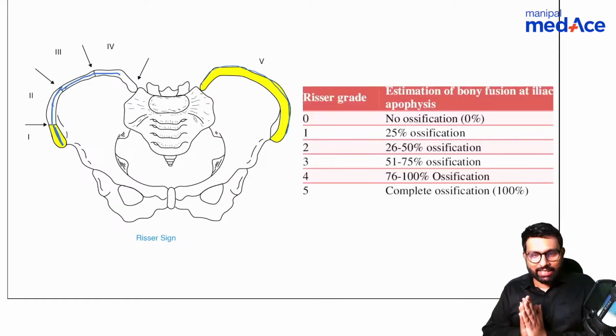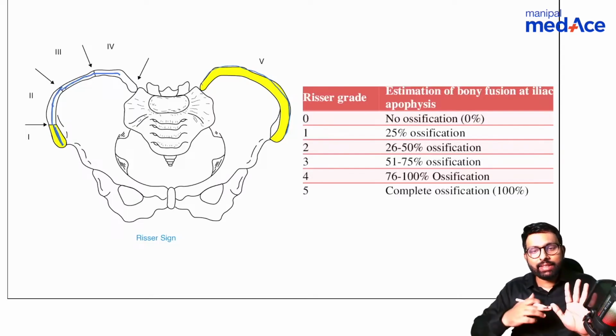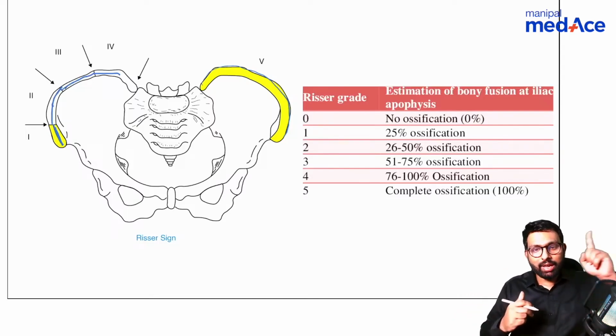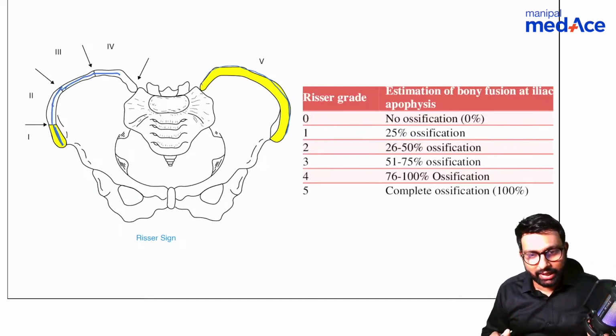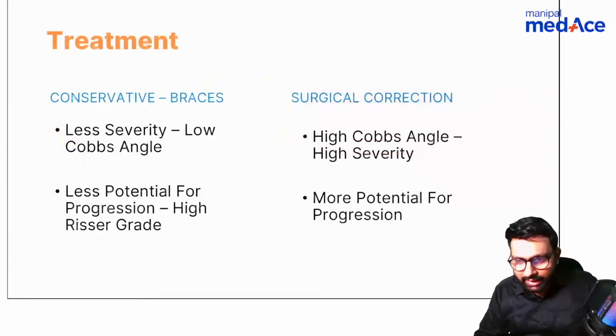So what do these grades mean? If a patient is grade 5, that means that there is no more skeletal maturity that is possible. But if the patient is grade 1, then you know that so much skeletal maturity is still left in that child. Okay, so now you have to understand Risser's grade and Cobb's angle, and based on this,